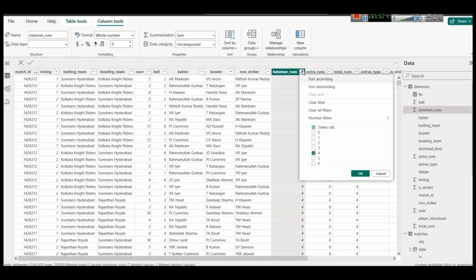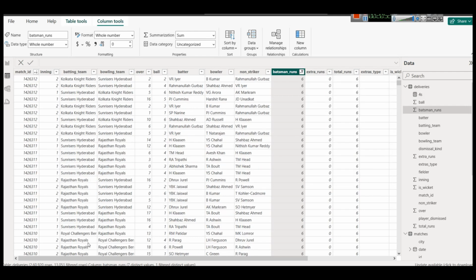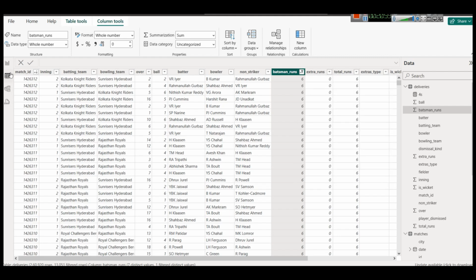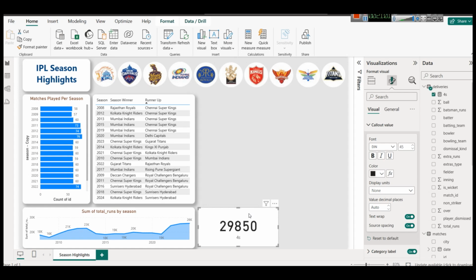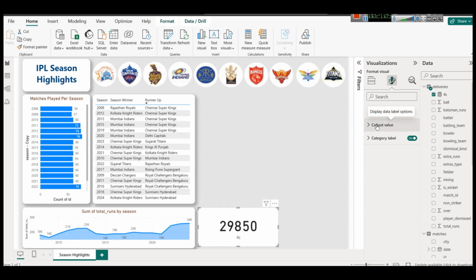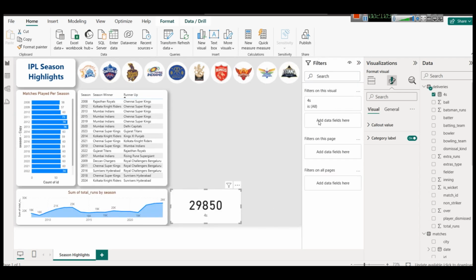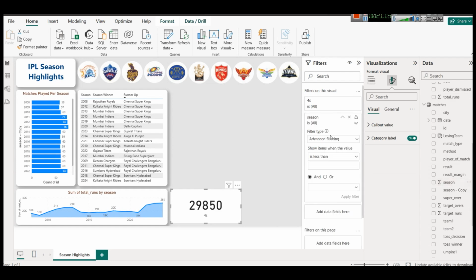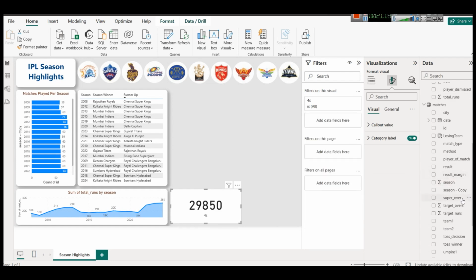Similarly, if you do it for 6, you will be able to see that it is 13,000. And these are throughout all seasons. Okay, and if in one particular season we apply a filter, so if we go there and select all, and from this other chart we select the season copy,